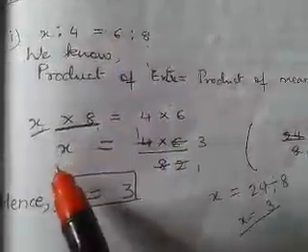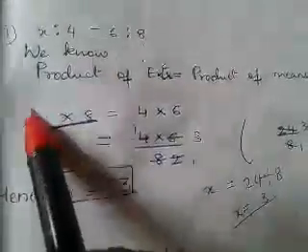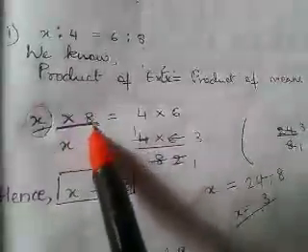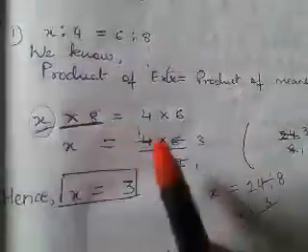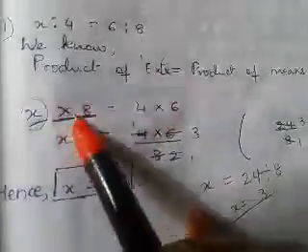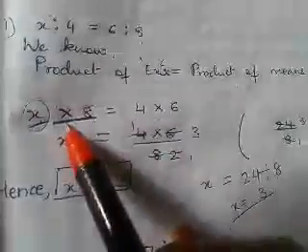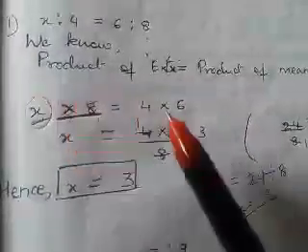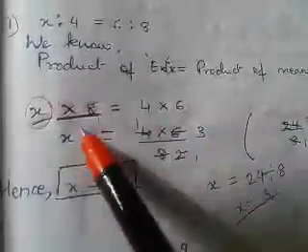Now this was very crucial here when I was explaining, that was totally new for you. Keep x on the LHS because we have to find out the value of x. Since this is multiplied by 8, when it gets transposed to the RHS, this multiplication becomes division. So 4 multiplied by 6 is already on the RHS. Keep it as it is. And this multiplied by 8 becomes divided by 8. Okay. When it is plus, it becomes minus when it goes to the RHS. When it is minus, it becomes plus. Okay, same way multiplication becomes division and division becomes multiplication. Okay, if 8 has to be transferred here.